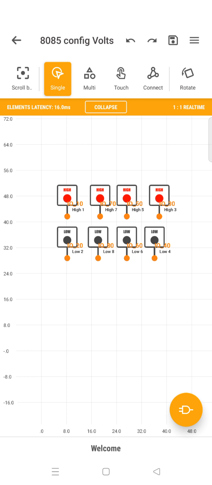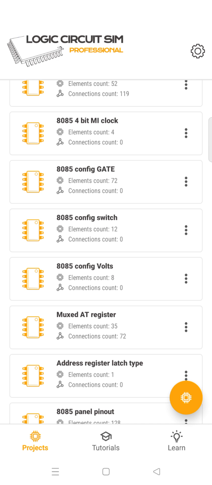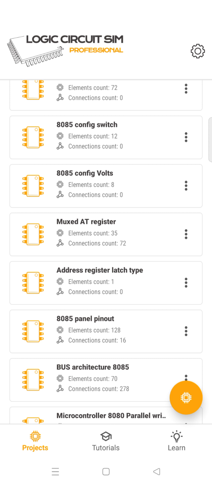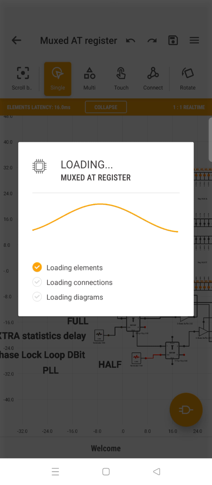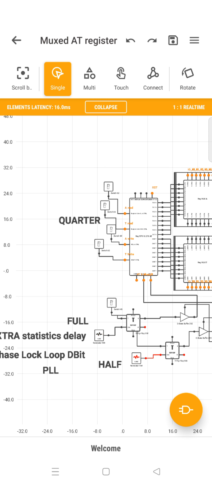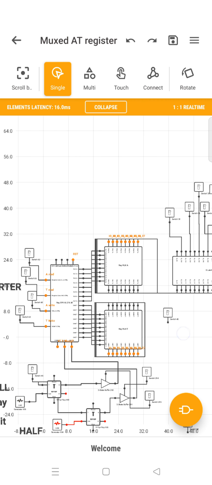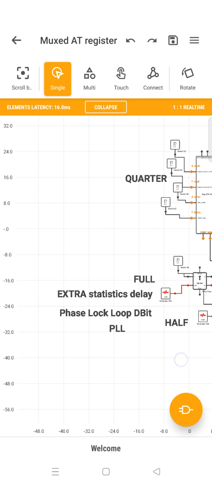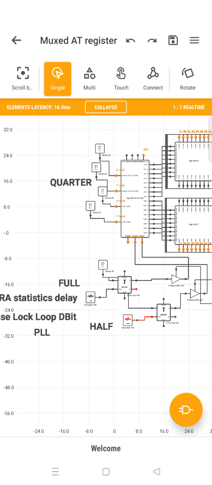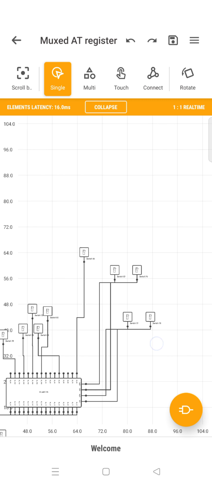From the matrix you define the element points, connection points and other things, and you define what kind of operation those elements have to do. So everything will be mostly in matrix, and from the matrix you just mux all the things and bring it back together, and finally you have the computer designed. That is how we design the computers. So this has a basic matrix type of extra statistics, relay, phase lock loop. I wanted to show another one.